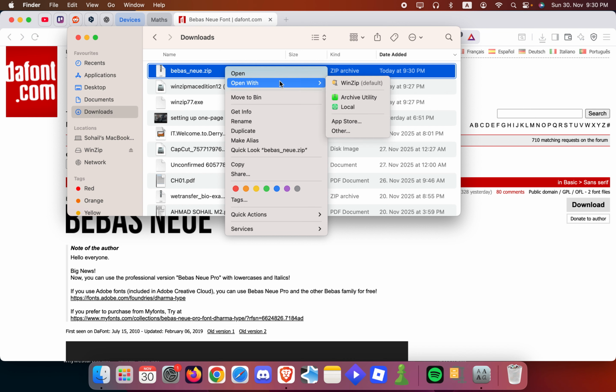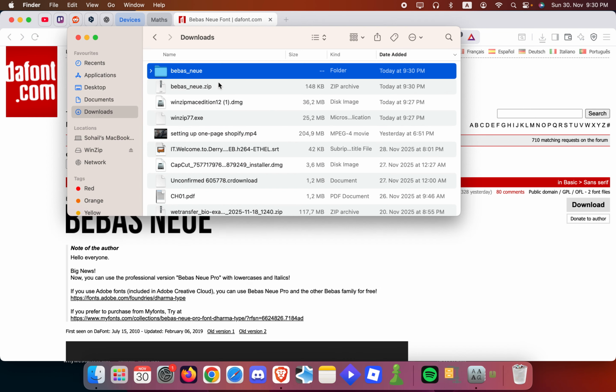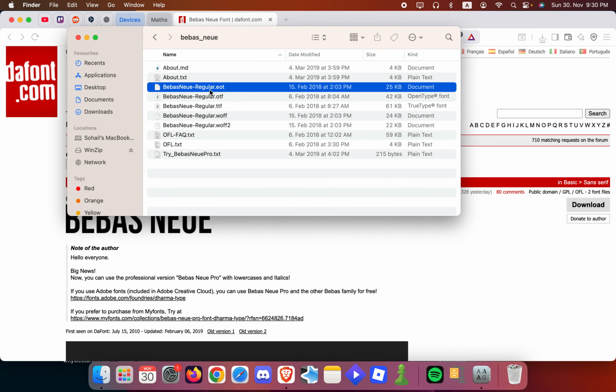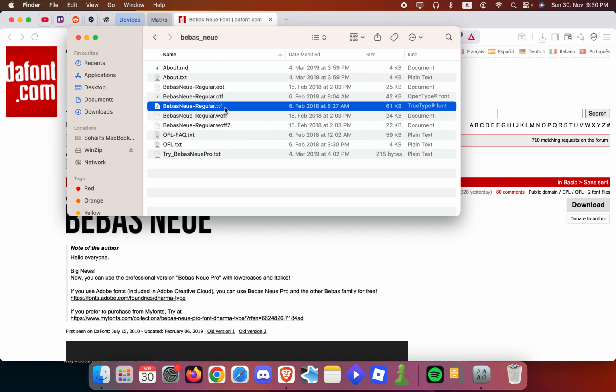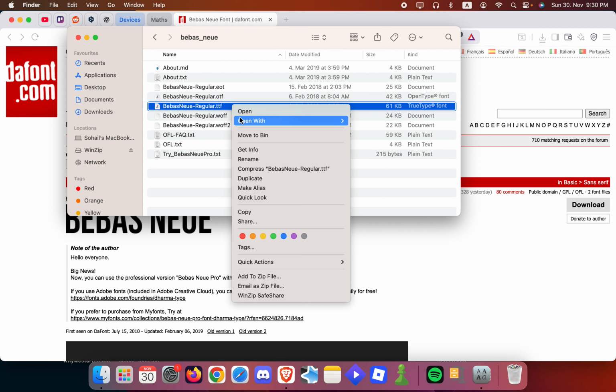Give me a second. Open with Archive Utility. Perfect. Now here, as you can see, I have the fonts. Now what I'm going to do is, it's usually the TTF one that you have to use. So I'm just going to right click, open,